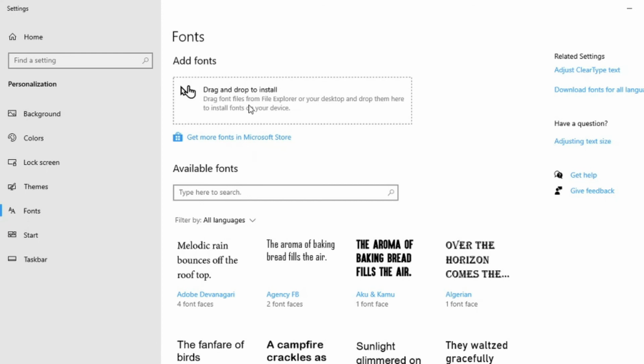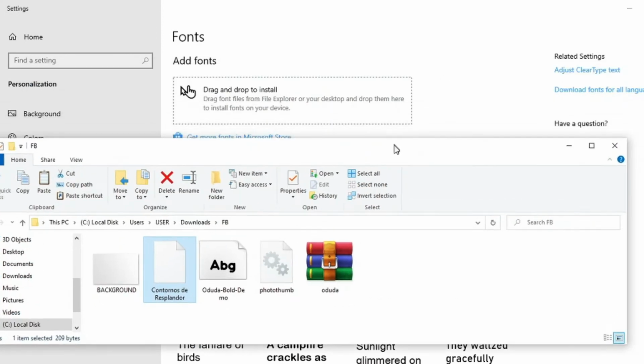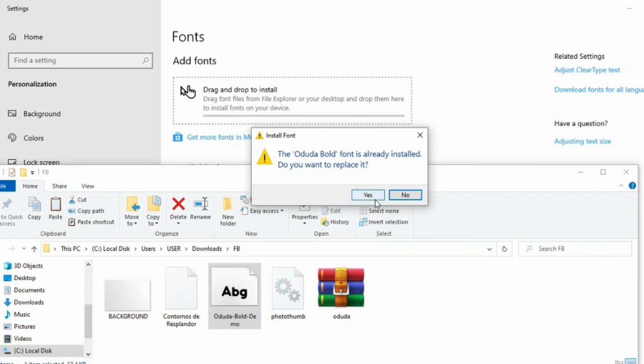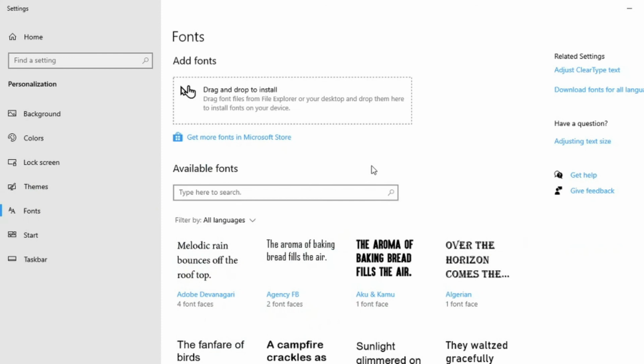You are given an option to either drag or just click CTRL-F. Again, this step might vary slightly depending on the operating system that you are using and the operating version that you have. So I'm just gonna drag this font in this box. As you can see, it is already installed. I have previously installed it before, so yes, I will replace it for the sake of demonstrating this one. And if you were to search if that font is successfully uploaded,